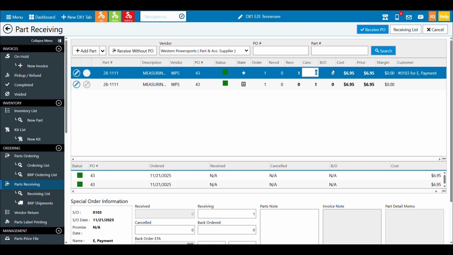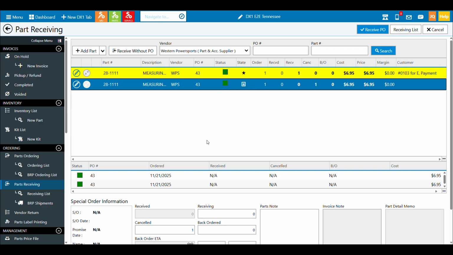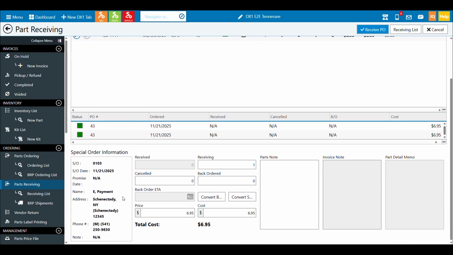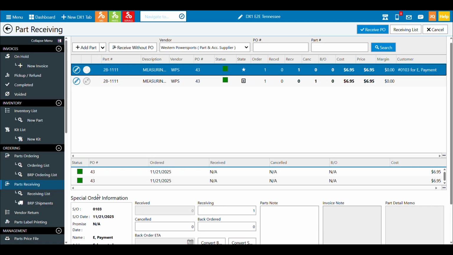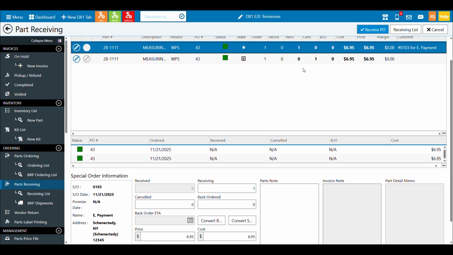Okay, so in our situation now, we have a basic PO. We placed it, one stock part, one special order part. In this case, for demonstration, we're going to receive one and cancel one because they only had one left. So after I've entered in all my numbers here, if I click on the fields, I can see some information related down here about the parts that are being received. I could see, in this case, with the special order, a little bit more of the special order information, who it's for, where it needs to go. I can also receive these same grids down here. Some people like to receive via here.